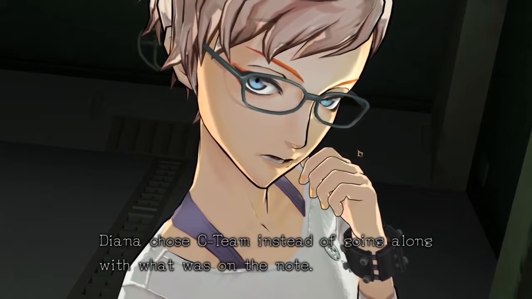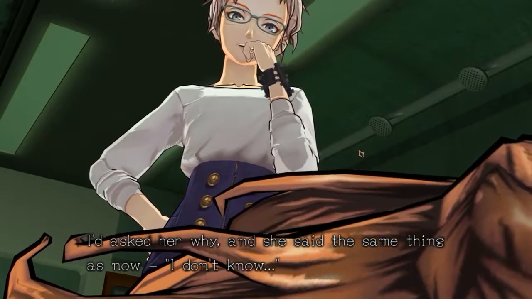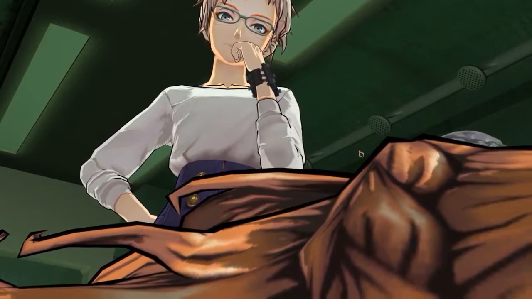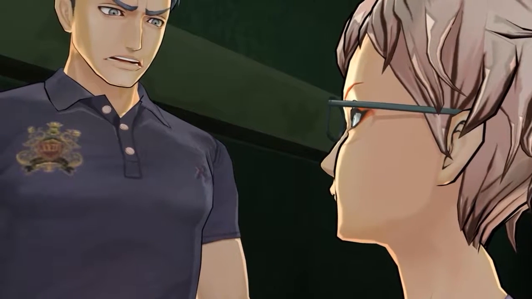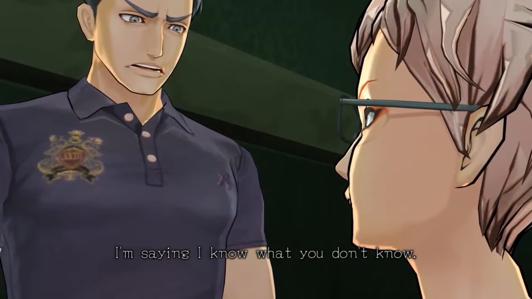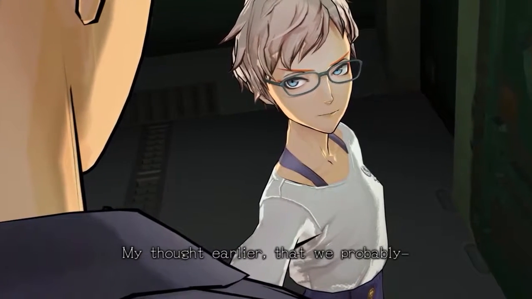Diana chose C-Team instead of going along with what was on the note. I asked her why, and she said the same thing as now. I don't know. Is this gonna be a whole fourth wall breaking thing? That's ridiculous. I don't know about that. I know. What? I'm saying I know what you don't know. My thought earlier, that we probably...